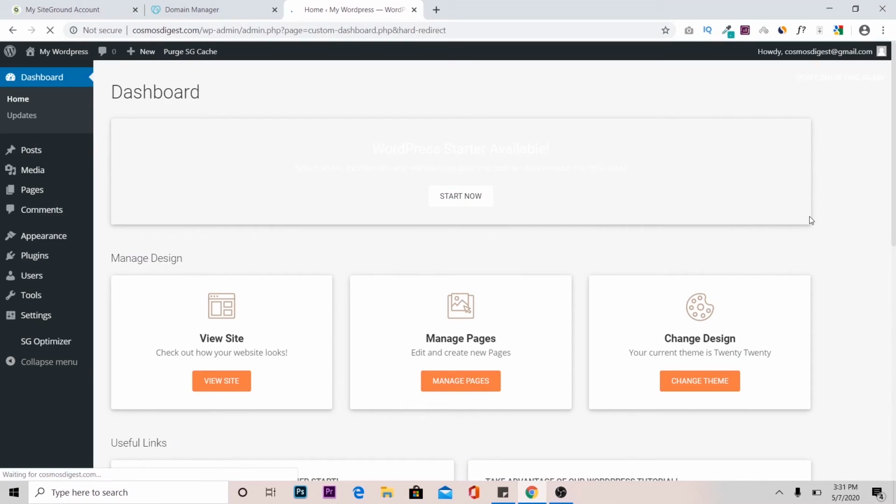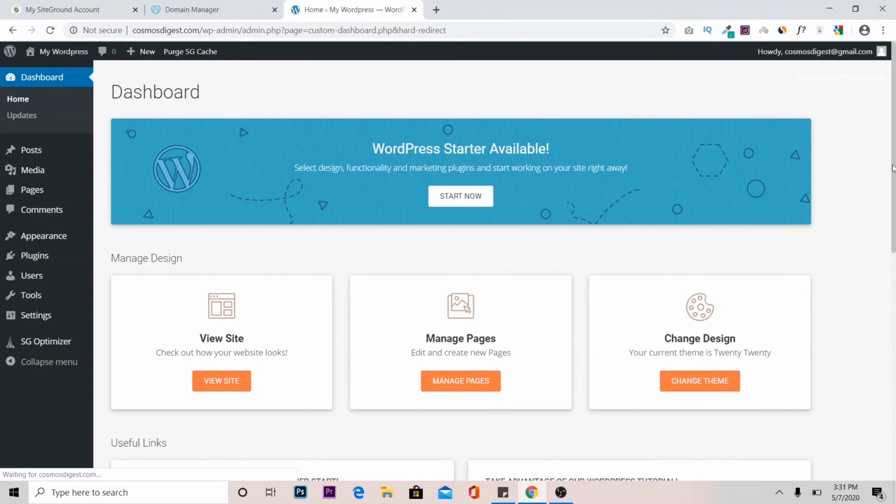Here comes your dashboard. So this is the WordPress dashboard and also the backend of your website. You can add posts, you can add media, images, video to your website. You can even add pages to your website, and whatever changes you make here will reflect in the front end of the website. So now click on plugins